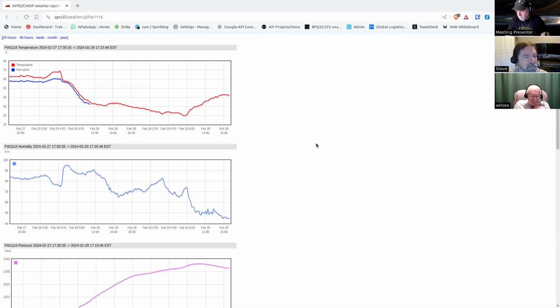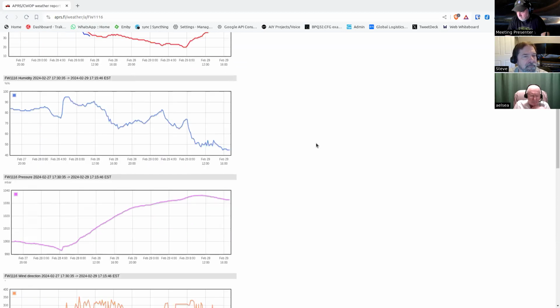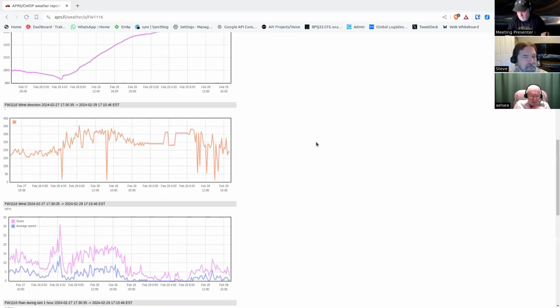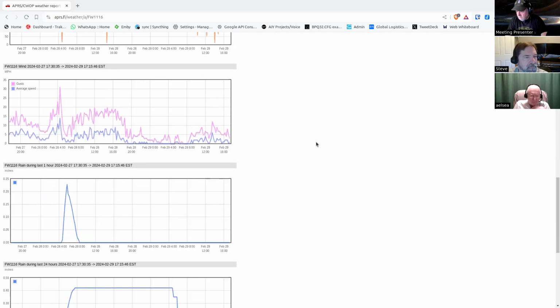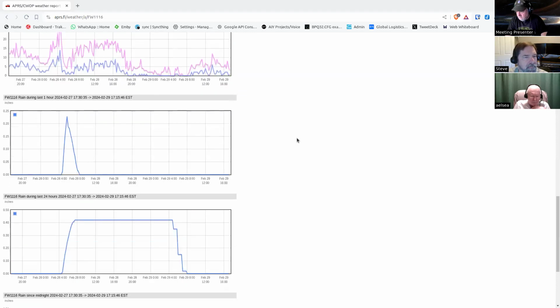Oh, cool. It gives you history. What's the big spike there? We had rain on the 28th, we had a lot of rain. That was 0.2 inches. That was tornado day.